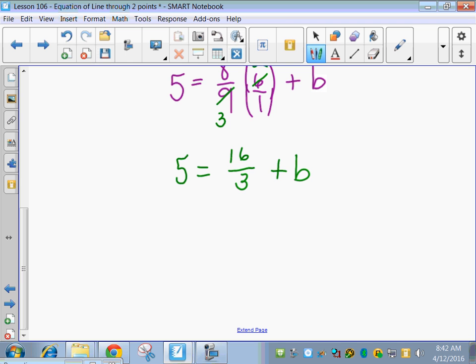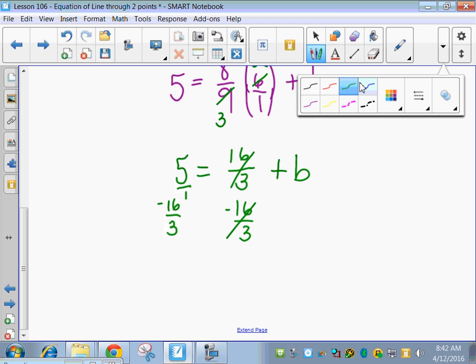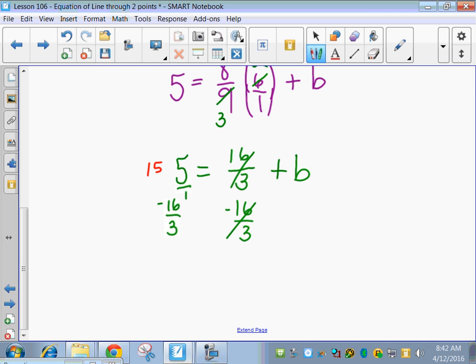And then last step is this b part. We have to subtract 16/3 from both sides. And we have to remember how to do some good old common denominators here. So this is 5 over 1, right? I need a common denominator of 3. So I'm going to multiply that 5 over 1 by 3 over 3. So this gives me 15 over 3, right? And I'm subtracting 16 over 3. So that's negative 1